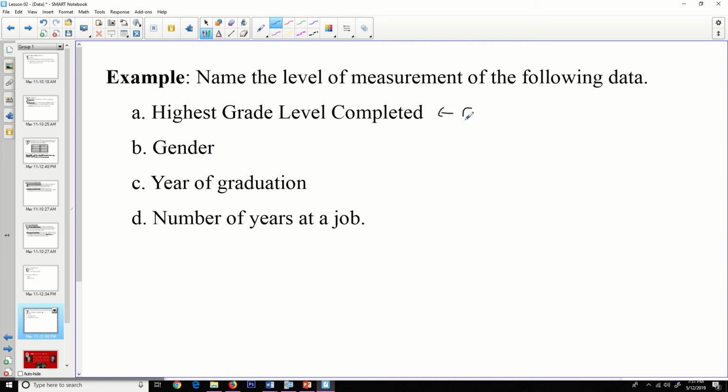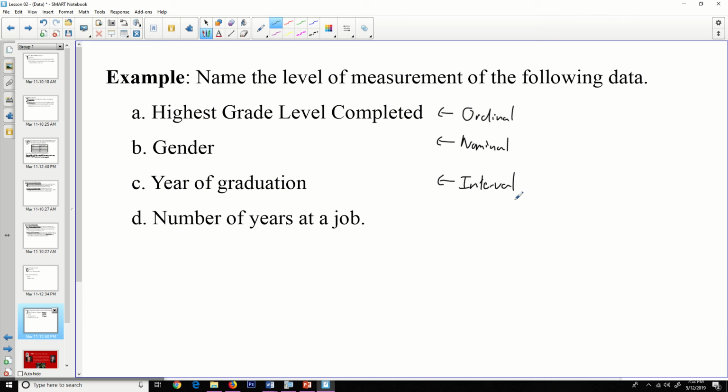That is going to be ordinal, because clearly we can arrange this data in order, but we really can't have a whole lot of differences between those data entries. The second one here, gender, is going to be nominal. Gender just names a person, but we can't make any calculations based on that. Year of graduation, we kind of talked about that before. That is going to be interval,